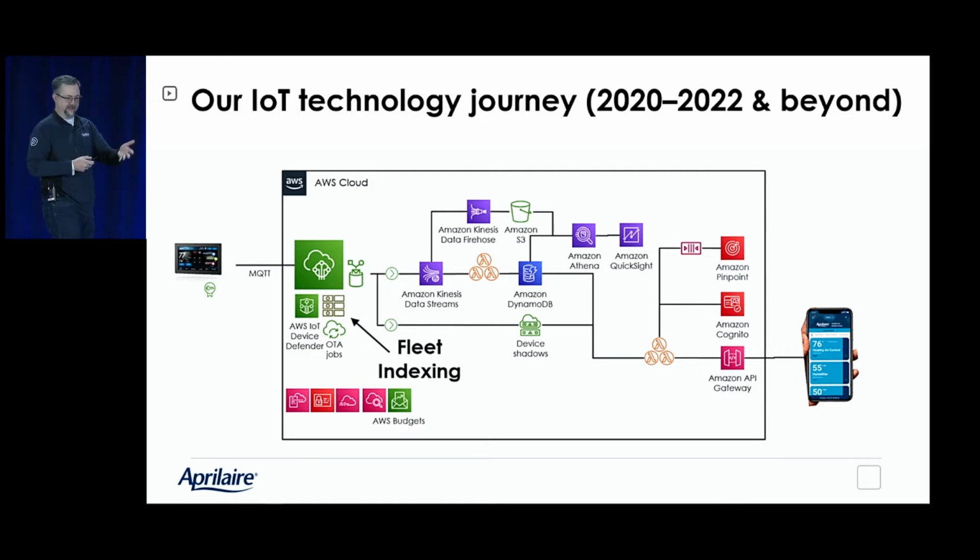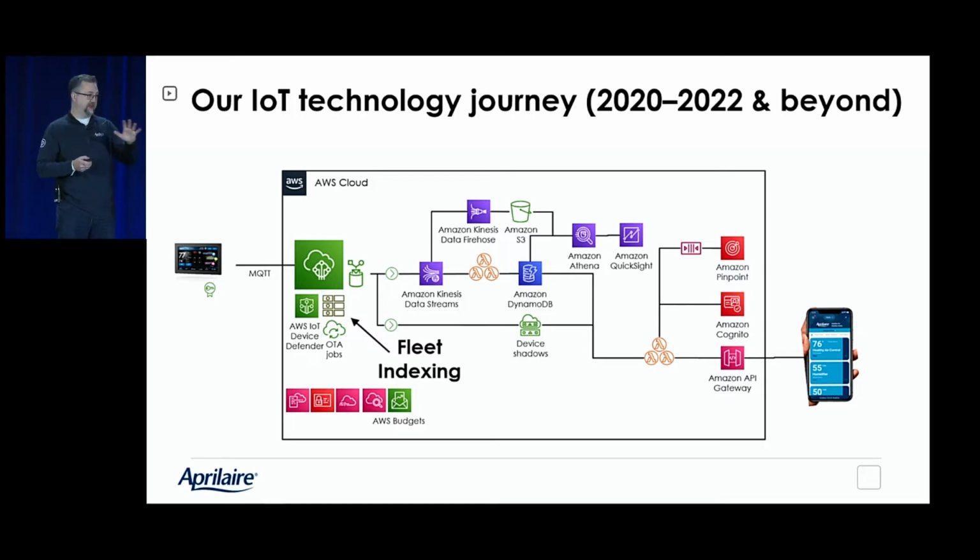We also have our data go into an S3 bucket so that we could analyze that later through Athena and be able to do some queries in Amazon QuickSight. And then we produce visibility towards that data through an API gateway for our mobile device.